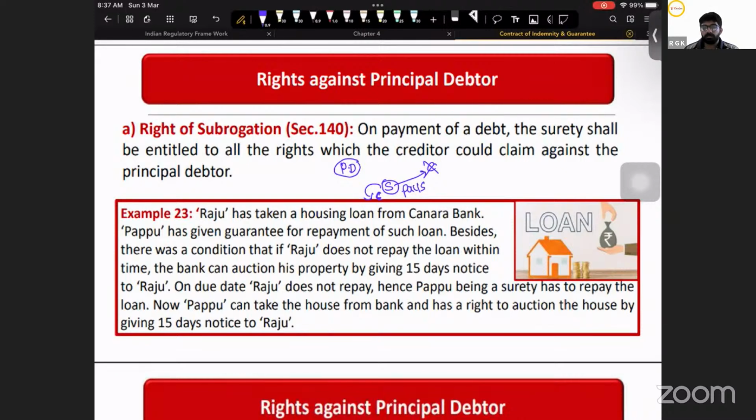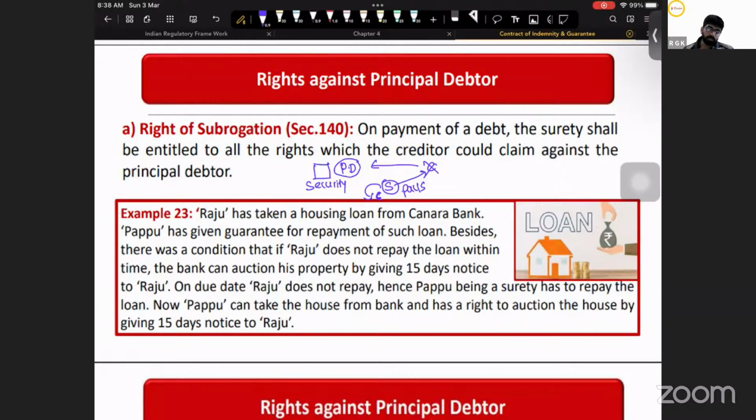Now, how does this work? Let us say the creditor has given a loan to the principal debtor, against which a property of the principal debtor is given as security. Along with the surety, a property of the principal debtor is given as a security. Now, suppose the principal debtor fails to pay the loan,